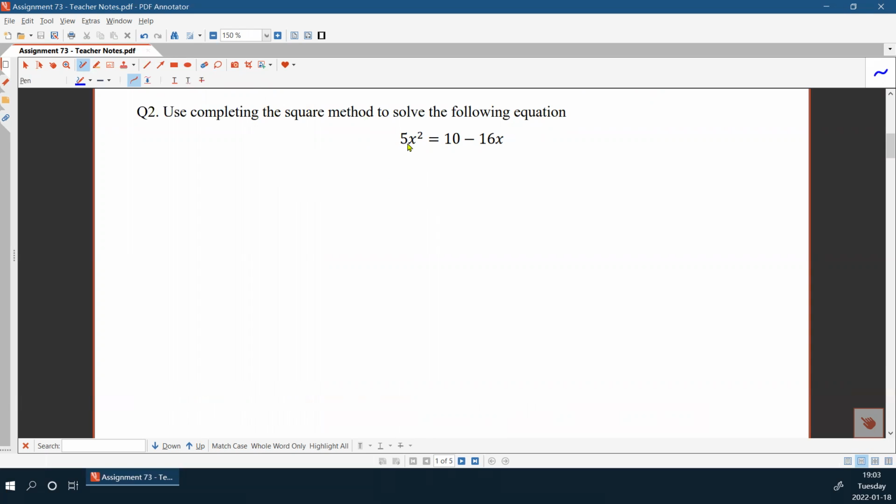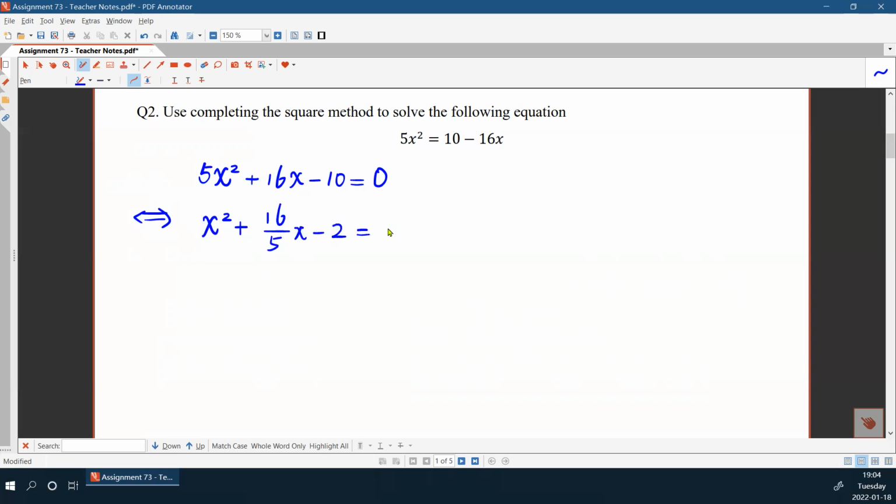So first of all, let's move everything to the left or to the right. So for example, we can move everything to the left. In this way, we'll have a positive leading coefficient. So it's better to move everything to the left. That means 5x squared plus 16x negative 10 equals 0, right? And this equation now is already in standard form, and we cannot further simplify this. But in order to use the completing the square method, usually I don't like the leading coefficient to be a number other than 1. So we can divide both sides by 5, right? So this is equivalent to